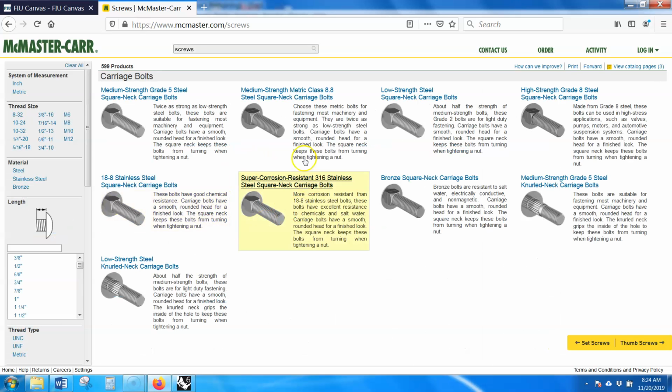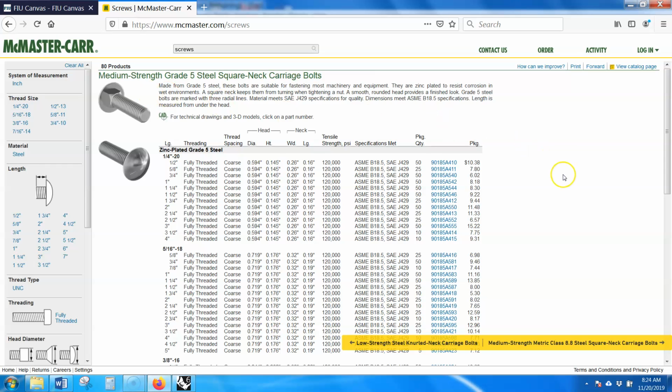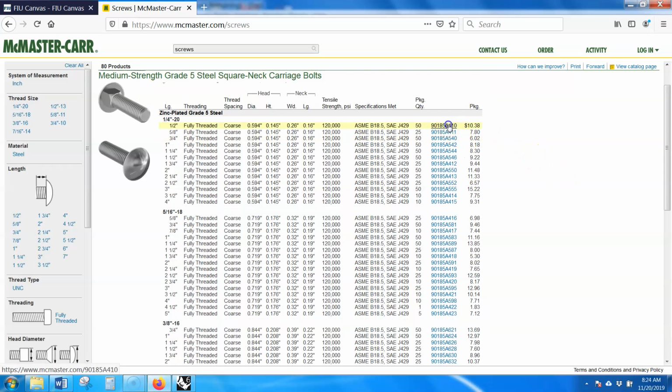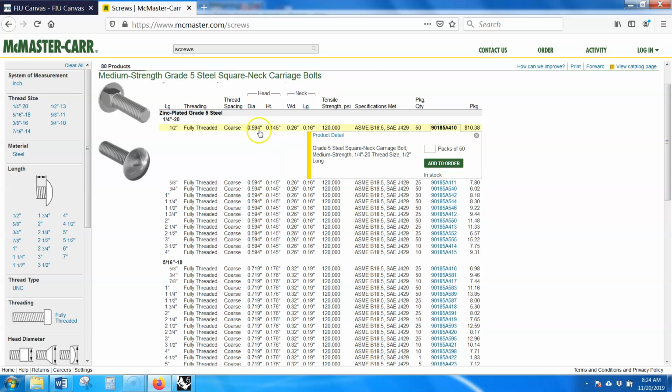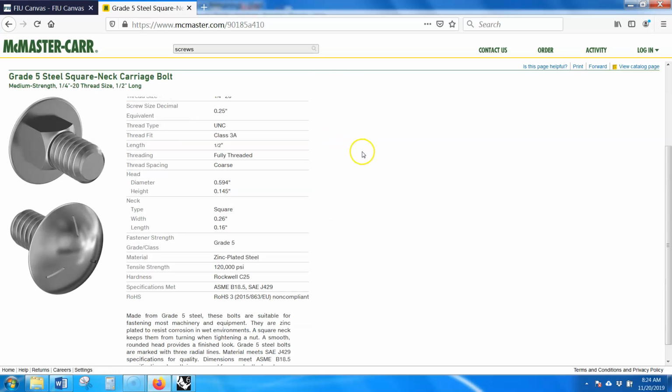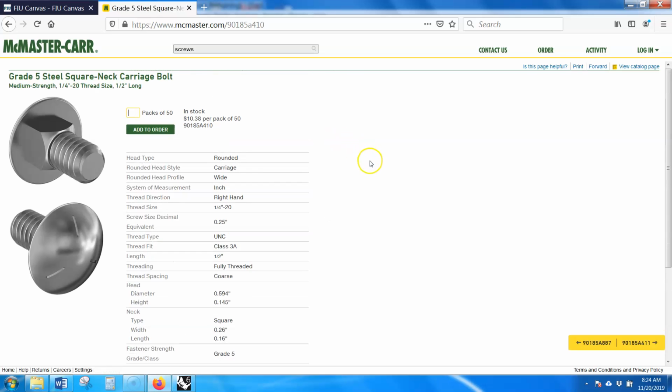The carriage bolt is a flange with a square head, so that it means you don't have to hold it with pliers. You just insert it into a square cutout, and then you can just tighten the bolt, and it doesn't rotate. So, but say you want a medium neck grade 5 steel square neck carriage bolt. You're going to come here and pick this one. All right. They cost $10 for a pack of 50. Go to product details, and usually